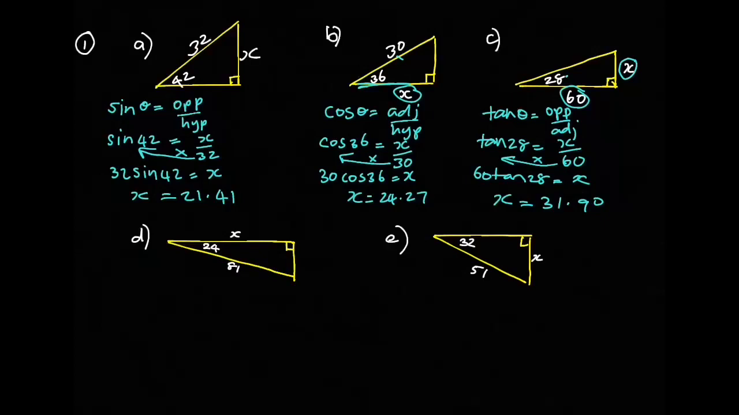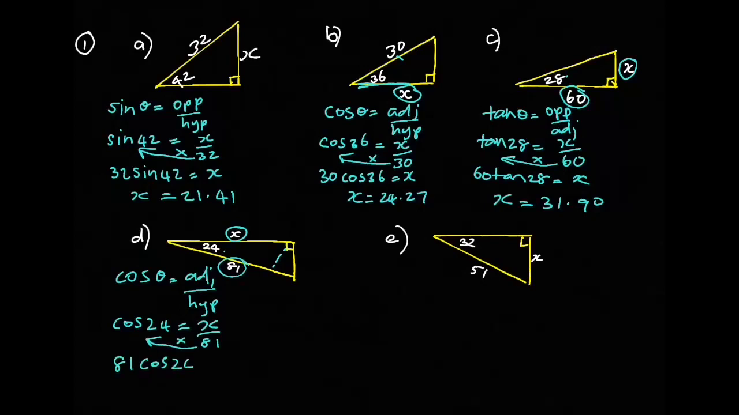Okay, this part D now, it's just upside down, but we've got opposite to the right angle, we've got the hypotenuse, and adjacent to the angle, we've got x. So this is adjacent on hypotenuse, which is a cos problem. So cos theta equals adjacent on hypotenuse. So cos 24 equals x on 81. Bring that over to multiply. So we've got 81 cos 24 equals x. And finally, x equals 74.00